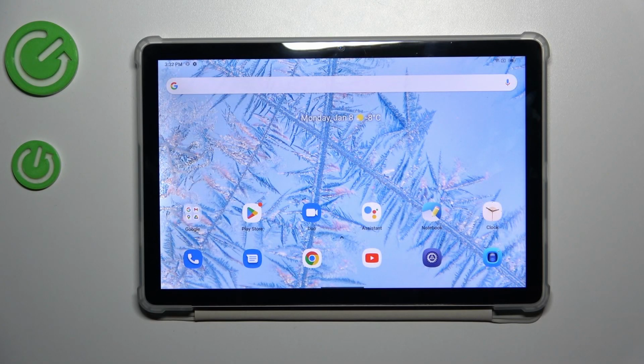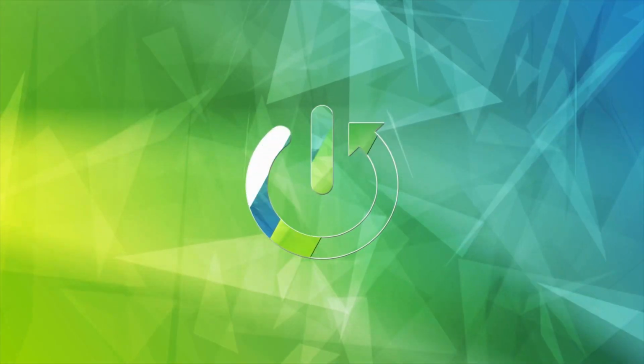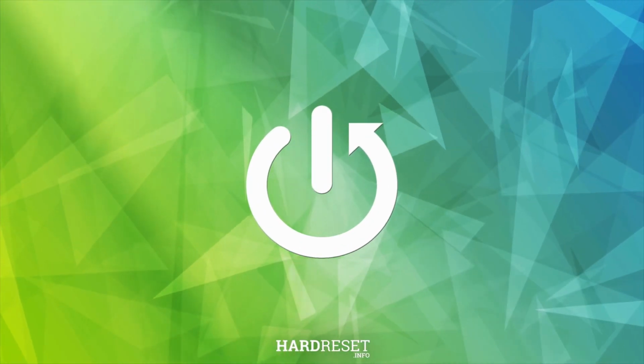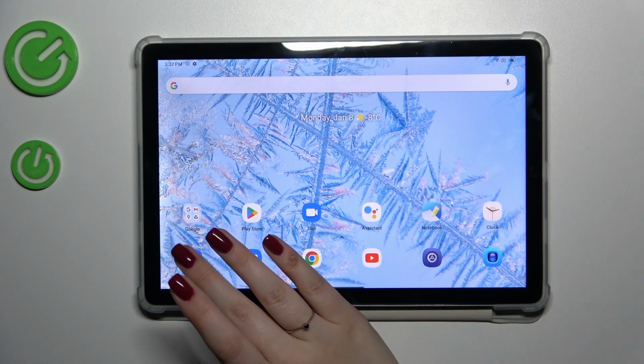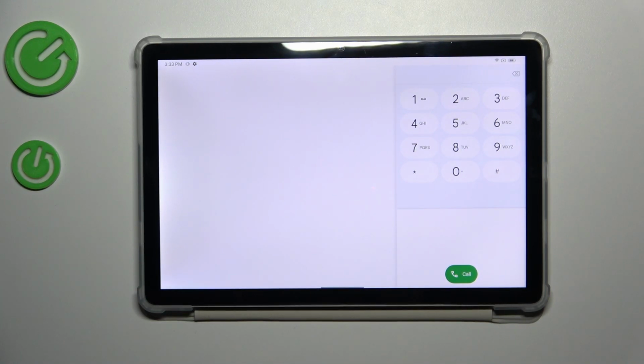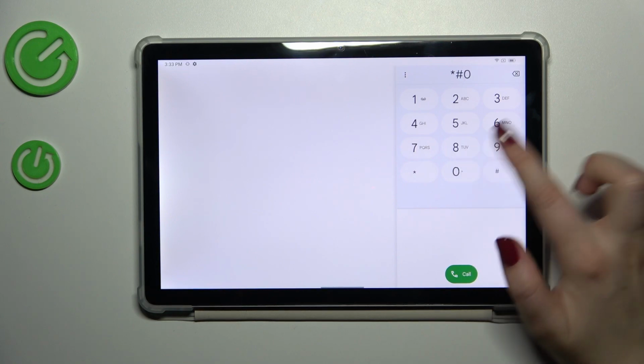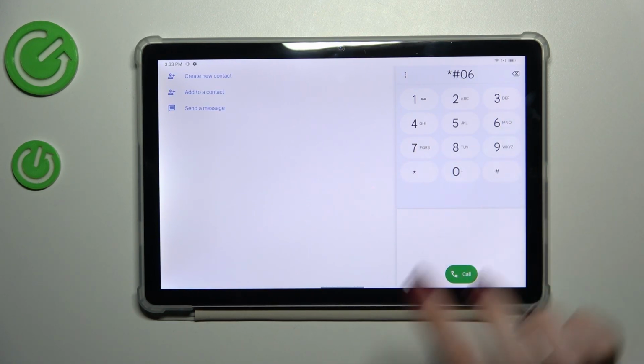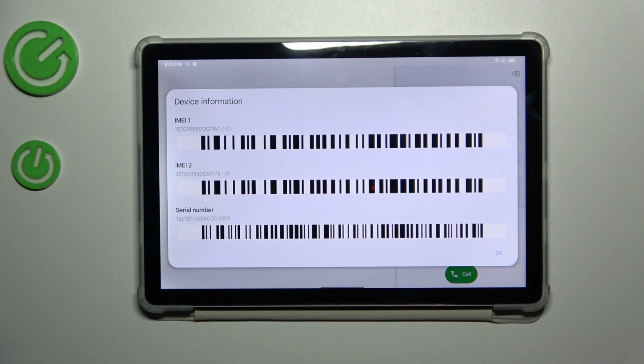Hi everyone, in front of me I've got BLACKVIEW Tab 12 Pro, and let me share with you how to use secret codes on this device. Let's start with opening the keypad, and let's start with the shortest code I've got prepared for you. It is *#06#. And as you can see, by this code we are provided with both IMEI numbers and also serial number